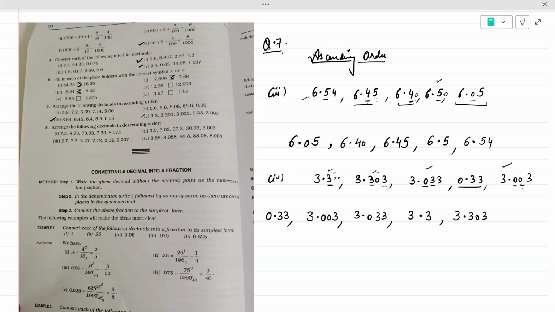Okay, so kids, please practice these questions. The next one is descending, which is just the reverse of this question, where we have to write the numbers from biggest to smallest. So we have to write the reverse of this, but the comparison rules are totally the same. Please do these questions as practice, and if you have any confusion you can ask me, and